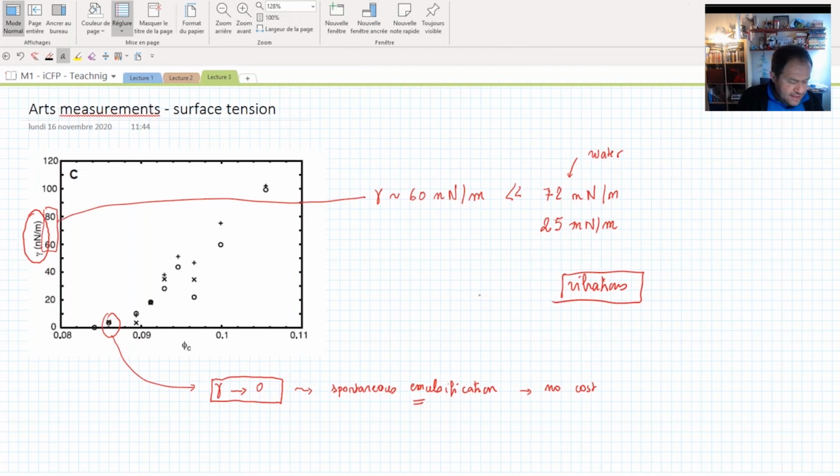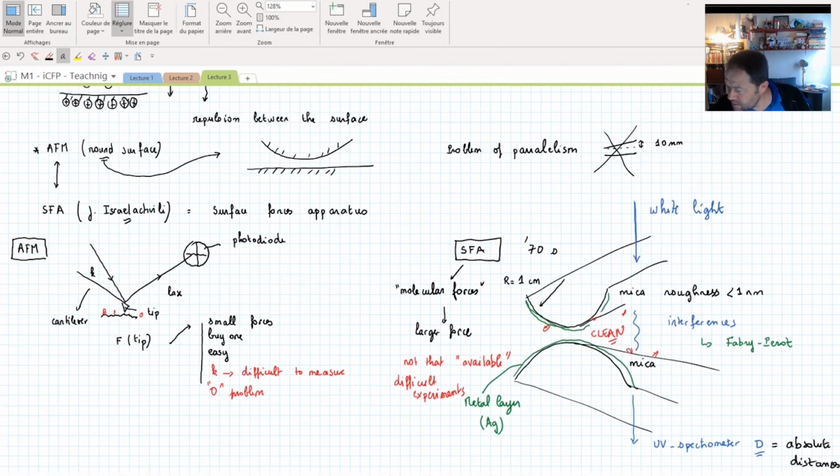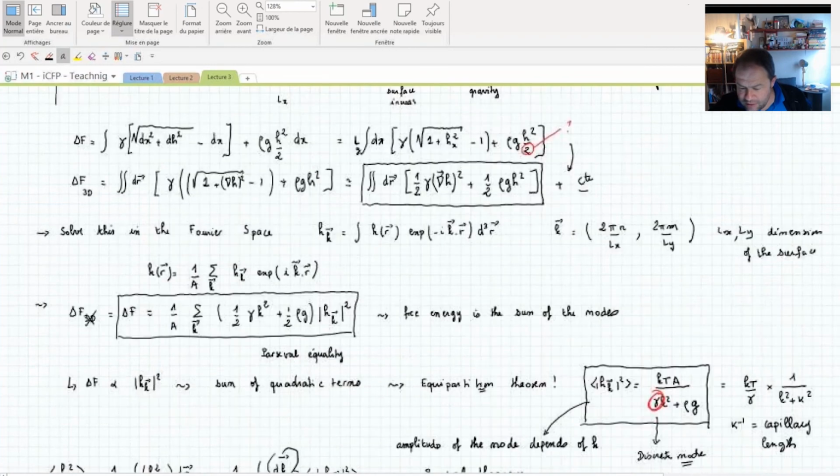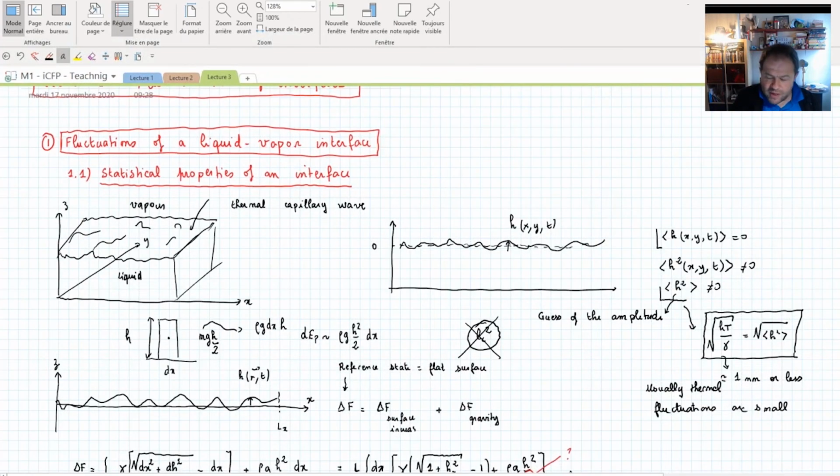Okay, with that, I think that I'm almost finished. I don't have the time to go on with the second part of the lecture. I just want to tell you what we will do next time. What we have done today is discuss the statistical properties of the interface, where the cost of the fluctuation is simply the fact that you increase the surface of your